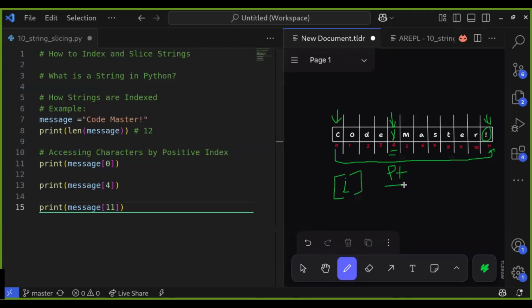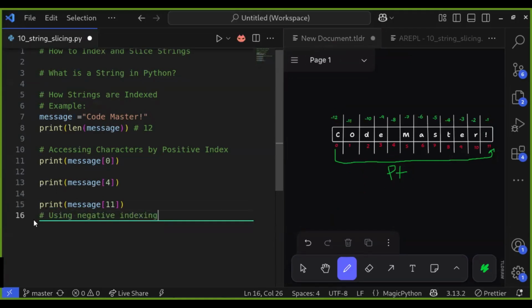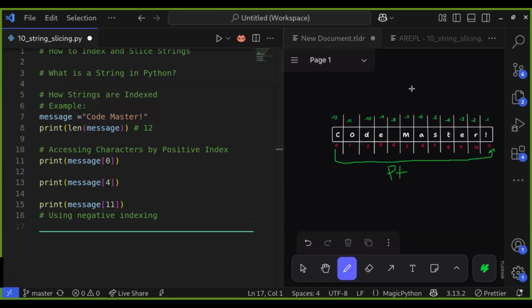Next, we will explore how to work with characters starting from the end of a string using negative indexing. In Python, we can also access characters by counting backwards from the end of the string. This is especially useful when we want to target characters near the end without knowing the exact length of the string.